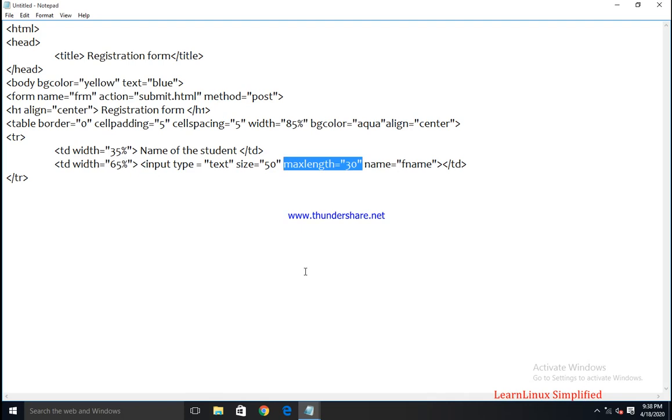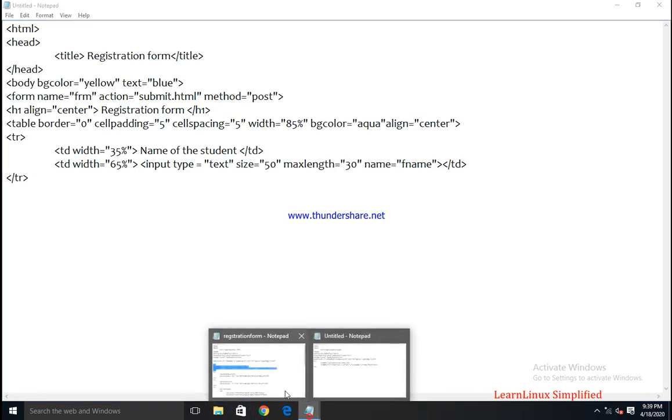Name, to identify the name, that is fname. For my control it is first name, so I have given the name fname. Whatever name we are giving to the control, or to the form, or any other attributes, the name should be simple, short and understandable. We cannot give something like ABC123. By fname I can understand that this is the first name. Here again the form name I have given is frm so that I can understand it is a form. Okay, next move to the next row.